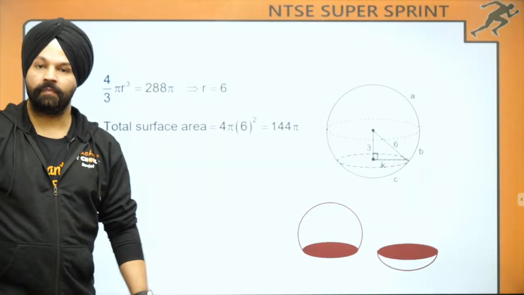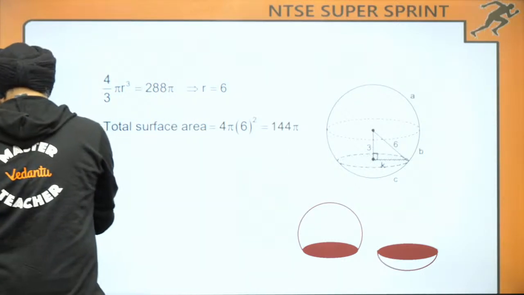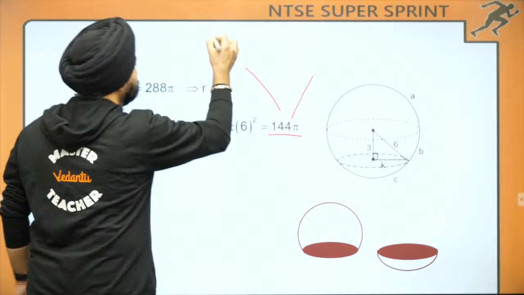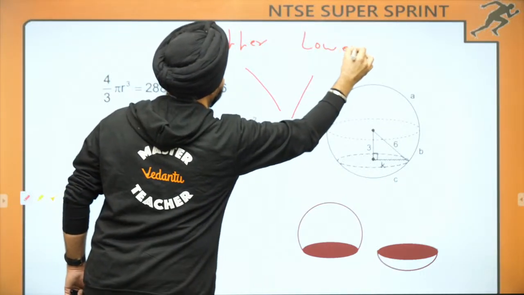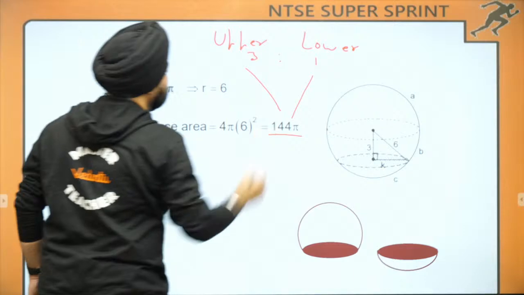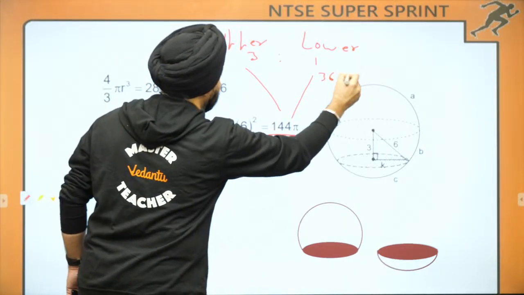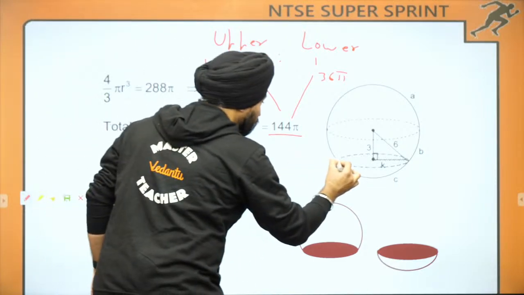This is the diagram. As per the question, this total surface area is divided into two parts, the upper part and the lower part. The ratio is 3:1. That means 144 will get divided into 36 pi and 108 pi. That means